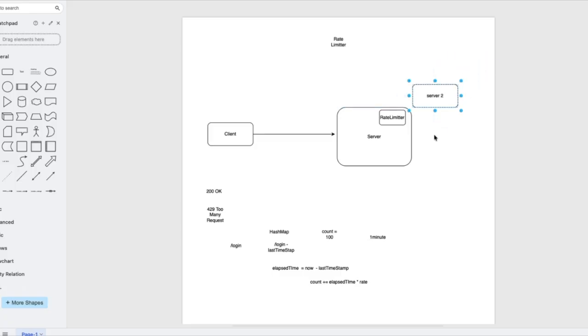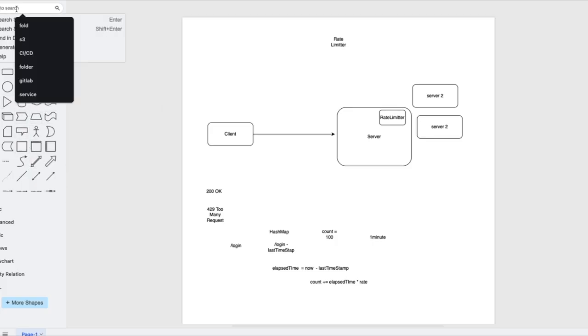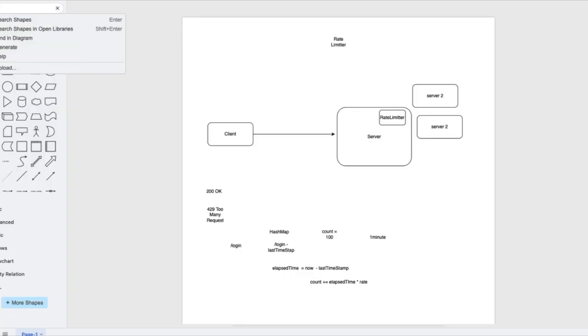Server 2, then I can copy-paste server 3, which will be on the same image, just replicas of it. And of course there will be a load balancer which will route the requests. I can also put a service mesh to route the request. So if I search for something like a load balancer,